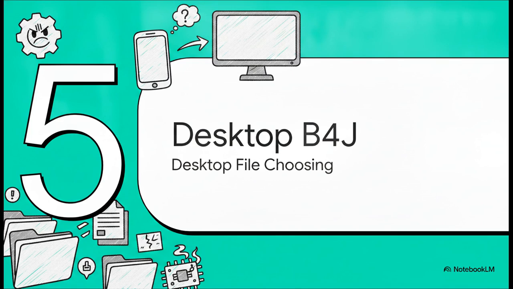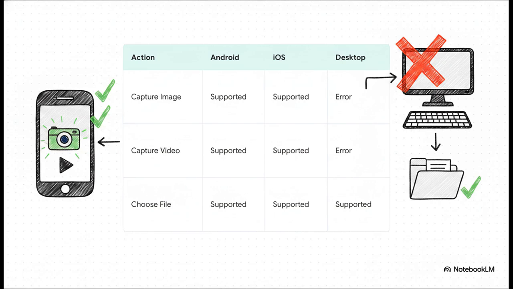All right, Section 5, desktop file choosing with B4J. Now, for a bit of a funny reality check when you bring mobile assumptions into a desktop environment using B4J. This perfectly illustrates the hardware differences between the platforms. On mobile, we just assume a camera is always there. But if you call capture image or capture video on a B4J desktop app, MediaChooser literally just returns a not